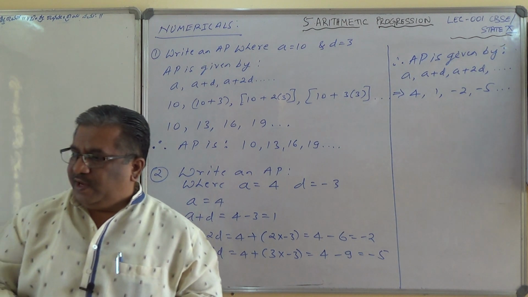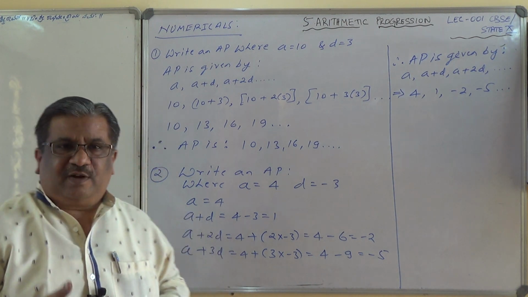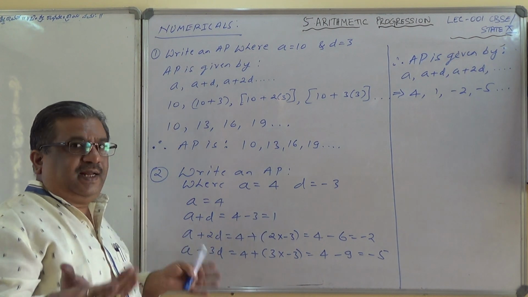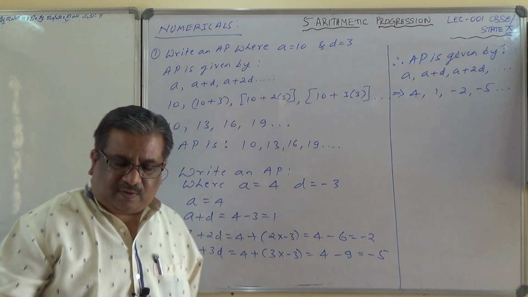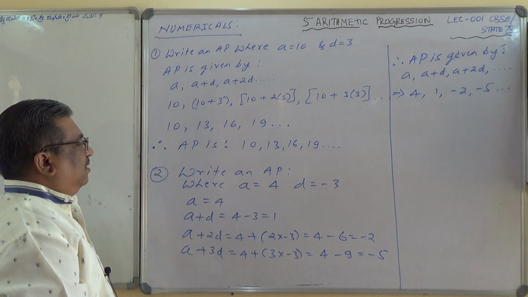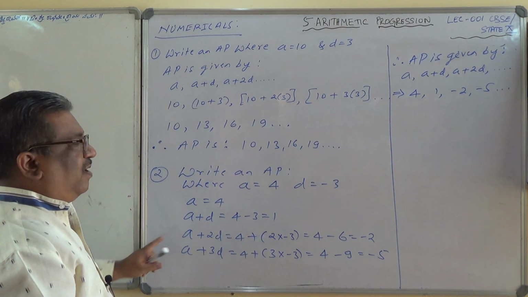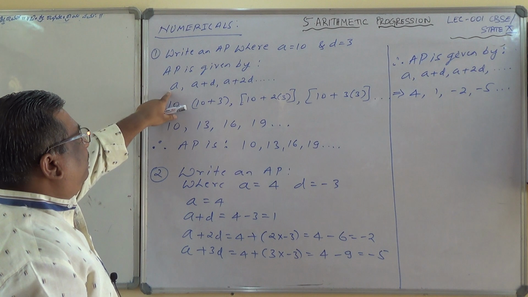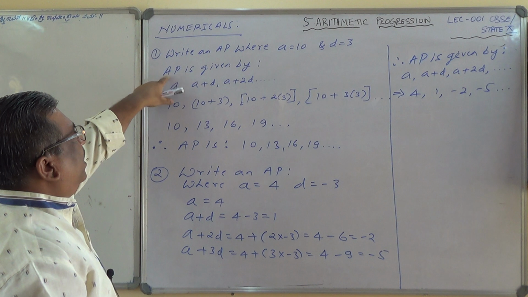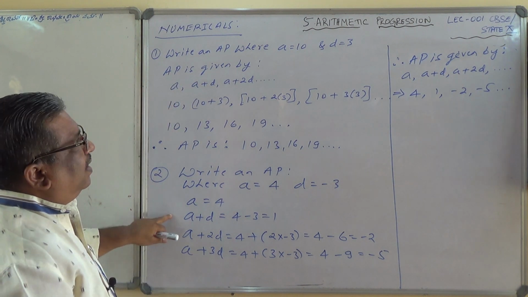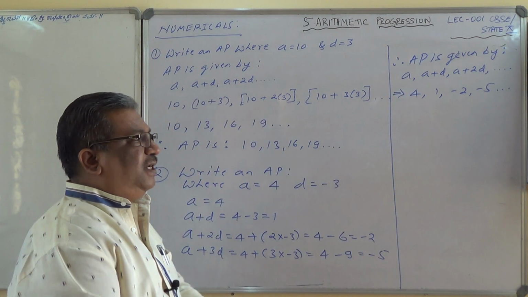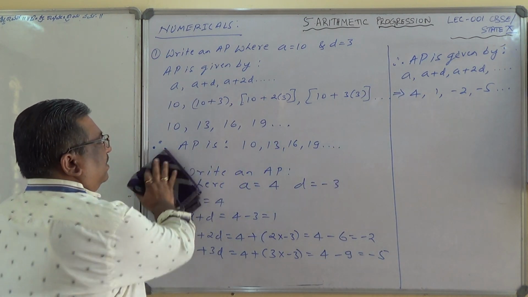For the following AP, write the first term and common difference. Next is a different one. So note it down. See, all this, there is no categorization. Simply randomly you have to pick up and start solving. Next AP is given to you. You have to find out the first term and common difference. So I hope with this how to form the AP you have understood using this general form. The general form of an AP is given by A plus D, A plus 2D, etc. Therefore we write AP is given by so and so. Okay, and therefore AP is given by A plus D, A plus 2D, and hence this is the answer. Okay, make sure that you write properly also. Fine. Next, third question.